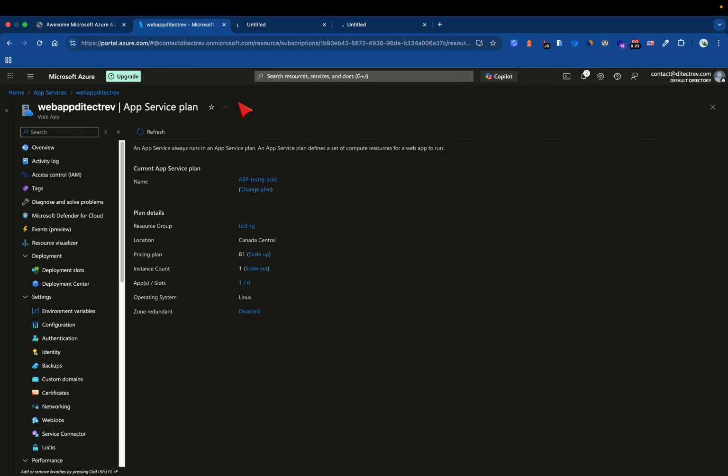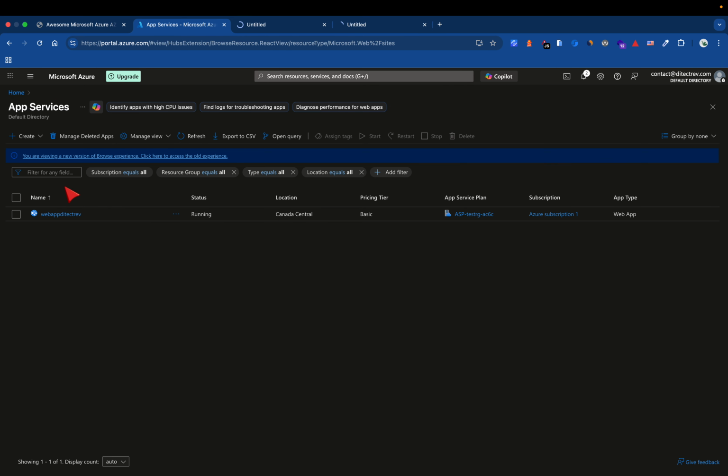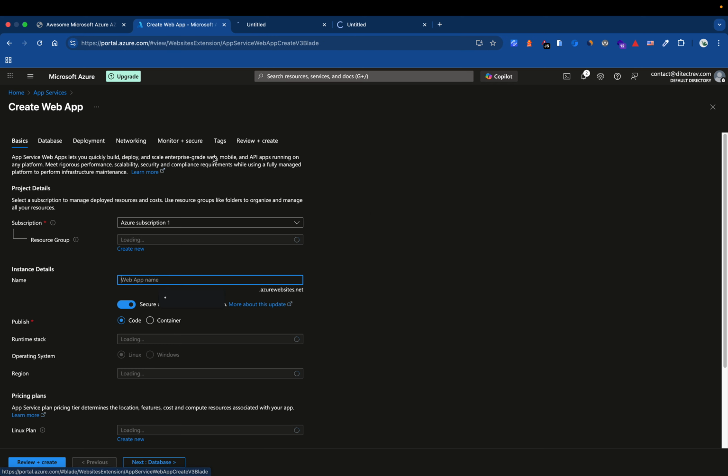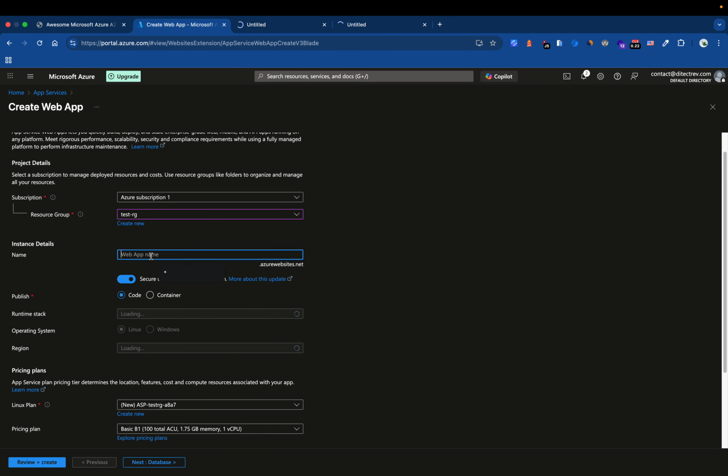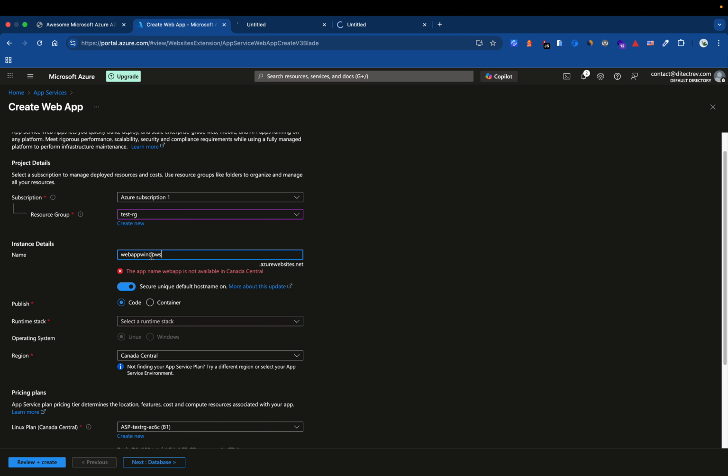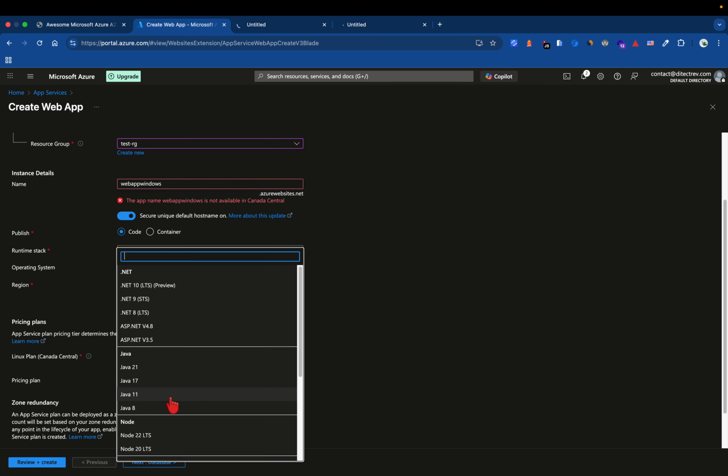Yeah, so this is what I just found out, that when you select Linux, then there is no default welcome page. So I will quickly create a web app Windows, and now I will create again,